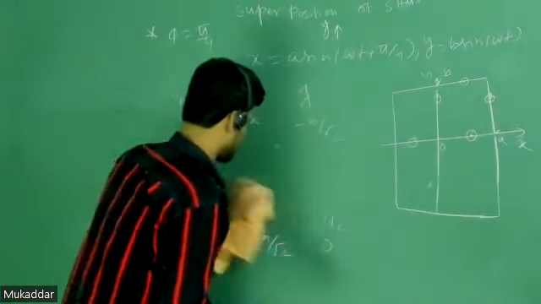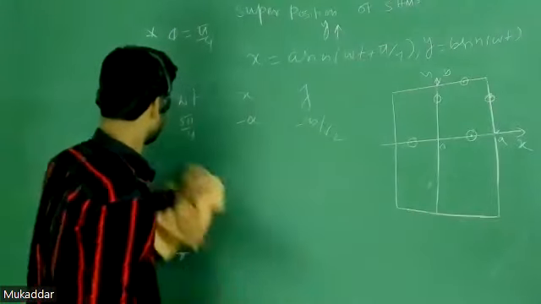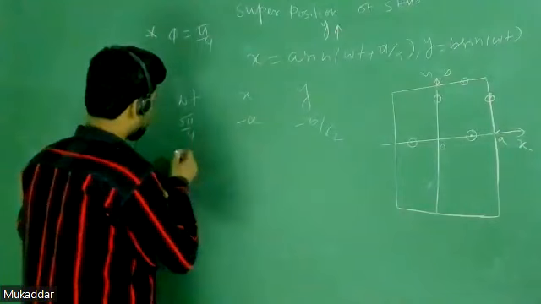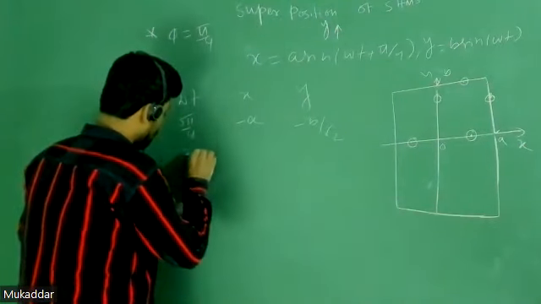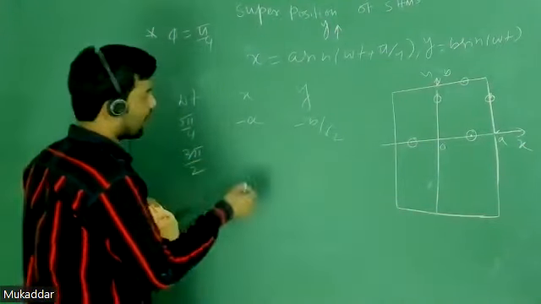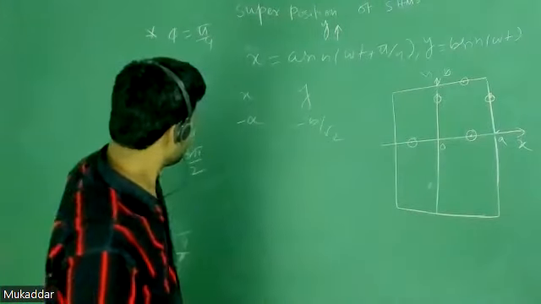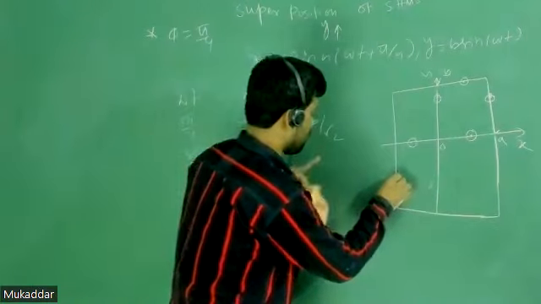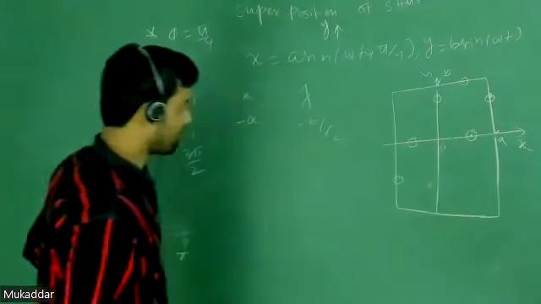You can check. Then the next instant, what will happen? 5 pi by 4 plus pi by 4, that will be how much? 3 pi by 2. And in 3 pi by 2, so this location you can represent where? It will be here, right? Minus a, minus b by root 2. Then next